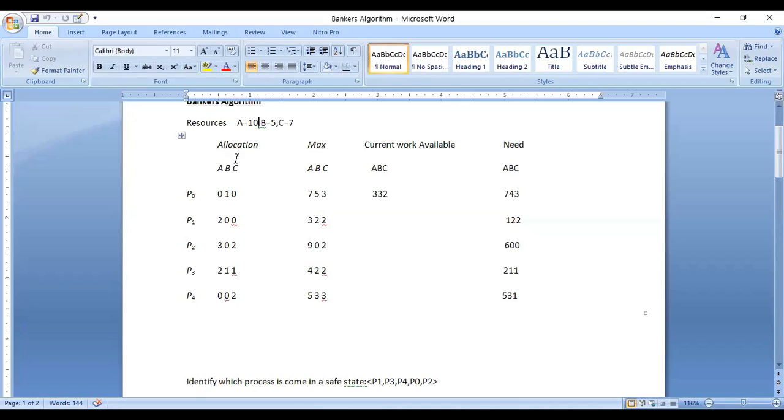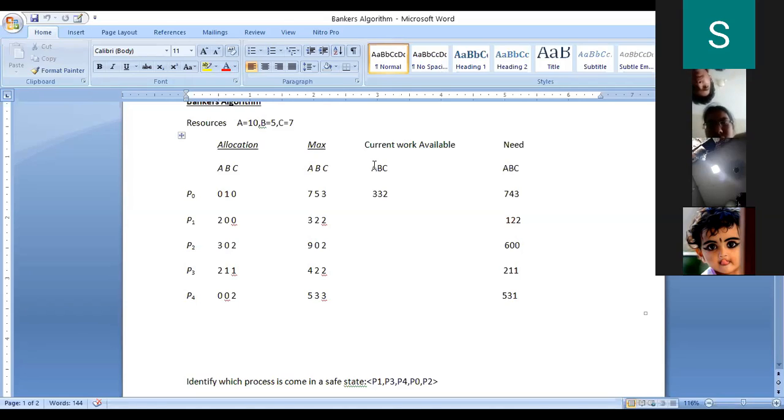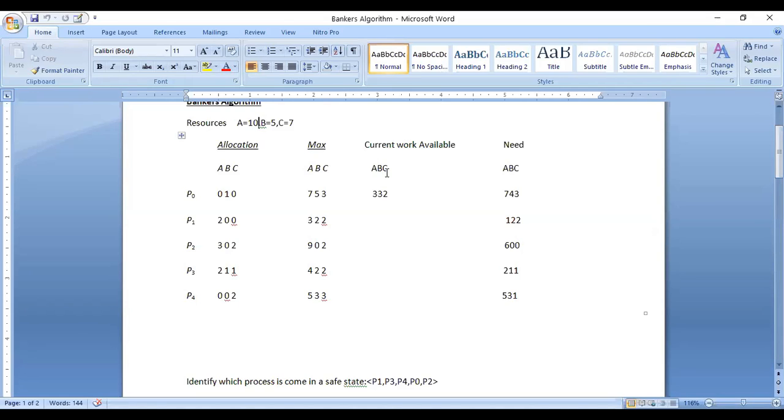So here, see this. These are the allocation and maximum of each and every process. We have to allocate the resources for each and every process. In some GATE examinations, a problem statement like this is also given: processes, allocation and maximum values. Sometimes the available resources are also given. If this is not given, you have to calculate the available matrix also.